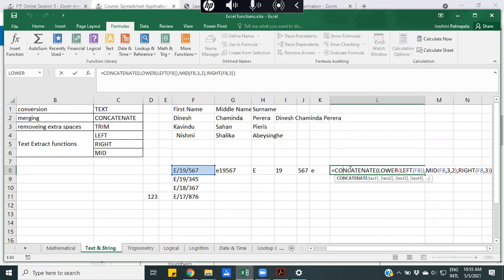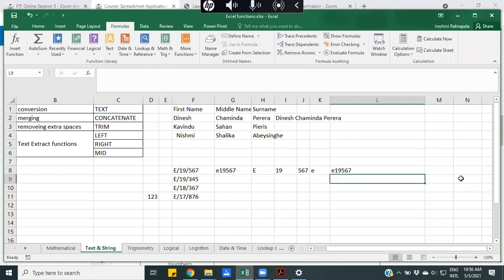But in Excel, what you should understand is, when you open the bracket, you have to close the bracket, right? So you have to understand part by part that you are using different functions here. Then you have to make sure whether you have closed all open brackets. Then only your function gets the correct answer.